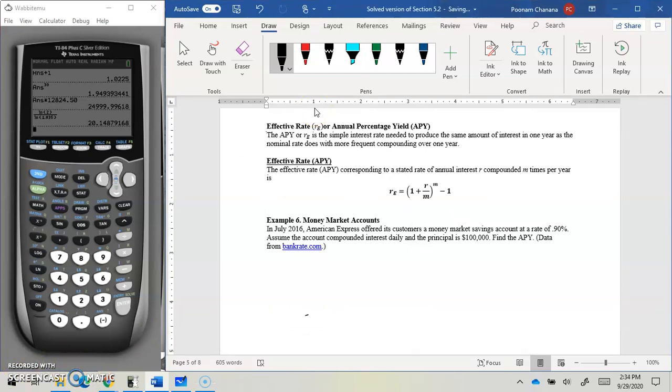Next we have the effective rate, or annual percent yield, APY. The effective rate is what? It's basically the simple interest needed to produce the same amount of interest in 1 year as the nominal rate does with the frequent compounding. We understand that if I deposit $100,